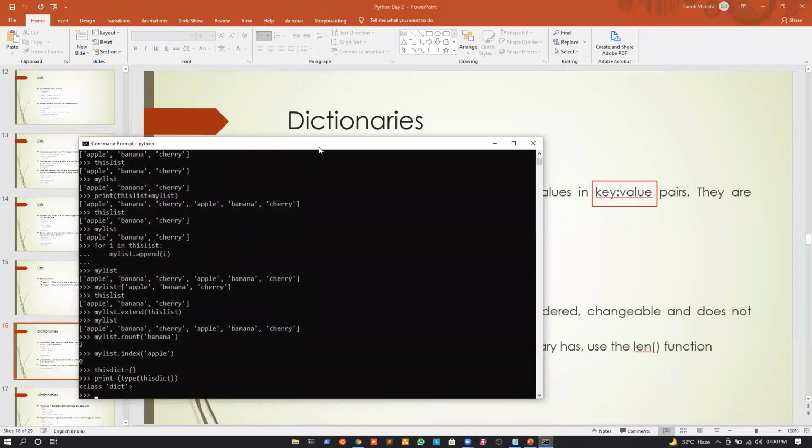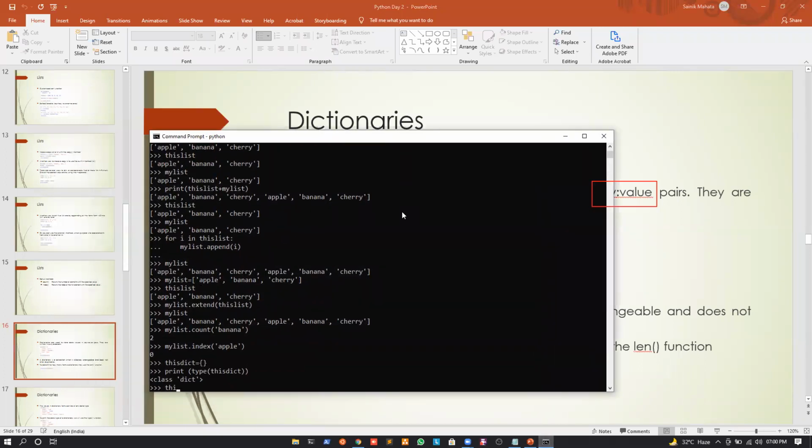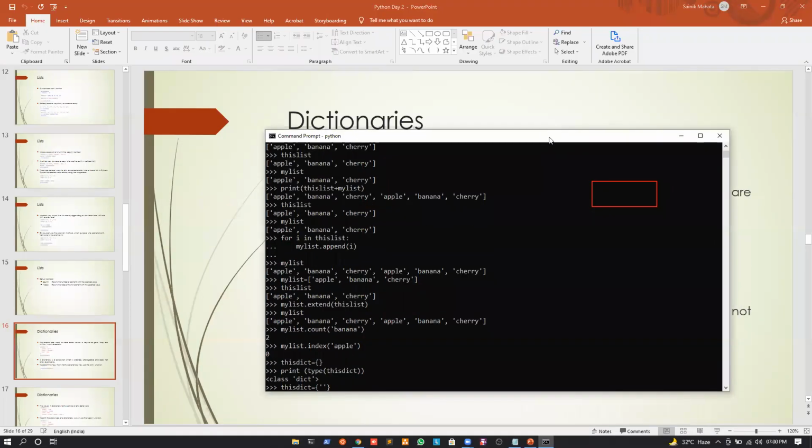Let us write the same example and let us see what happens. So suppose we have this dict. Okay, and so in this dict we will have three elements. So what's the first element? The first element is, suppose I'm saying, what's the name? Brand, right? Yes, it's brand. So suppose we are saying it's brand, and for the brand we are saying that it is nothing but Ford. Okay, then we will use a comma to separate the first element from the second element. Okay, so for the second element we will have what? Model. Okay, and what's the value of this key model? It will be what? Mustang,